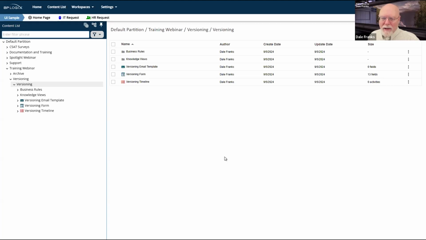The best practice, and the one that BP Logic strongly recommends, is that every application go into its own parent folder that contains all of the objects that are contained in that application, so that I can import and export them all as one. Oh, and by the way, I can version these objects all as one, because this method of organization makes your import process 10 times easier, 1,000 times easier in some cases. It also makes versioning easier, because I don't have to version each of these individual objects now.